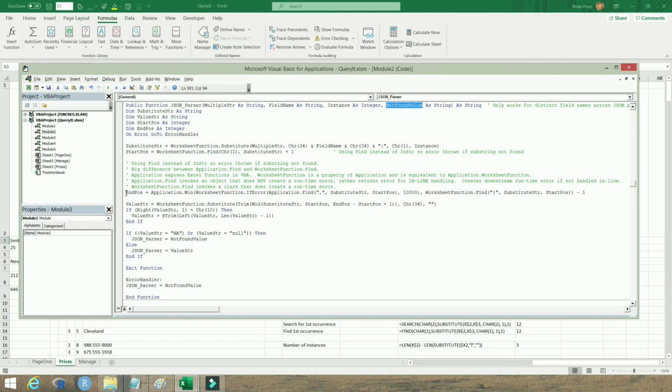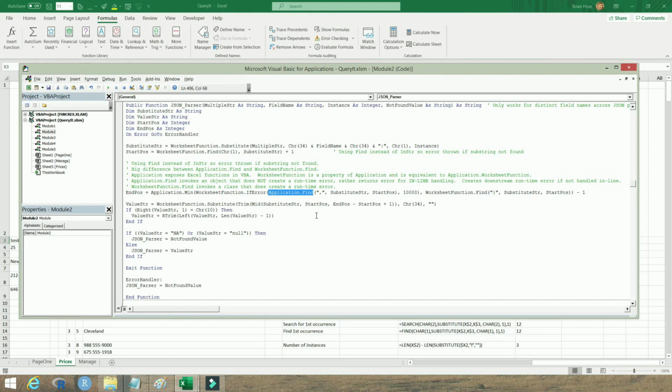Now I want to focus on this line here that has specific handling of errors. So you can first of all see that in order to call a built-in Excel function called IfError, we just use the worksheet function. So that means that if there was a problem with the IfError function call, it would just be a runtime error, and we would just return down here the not found value. But assuming that there's not going to be a problem with the IfError, then inside the IfError, we run the command